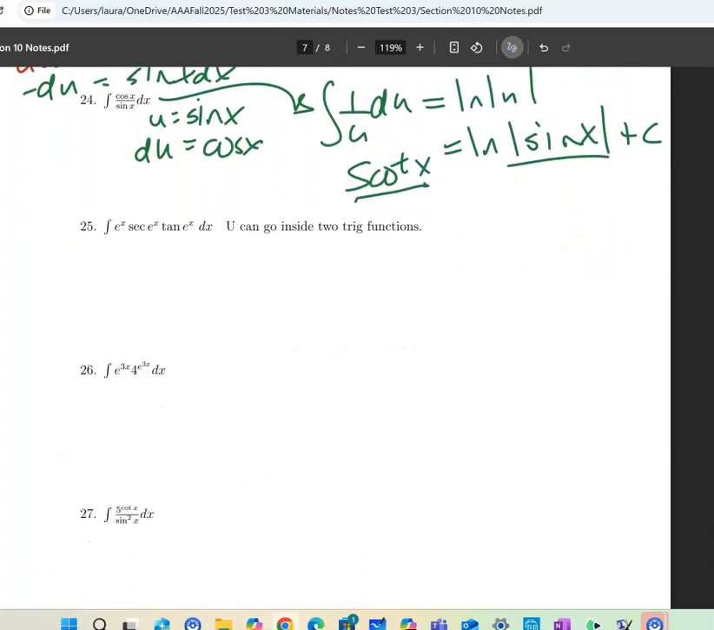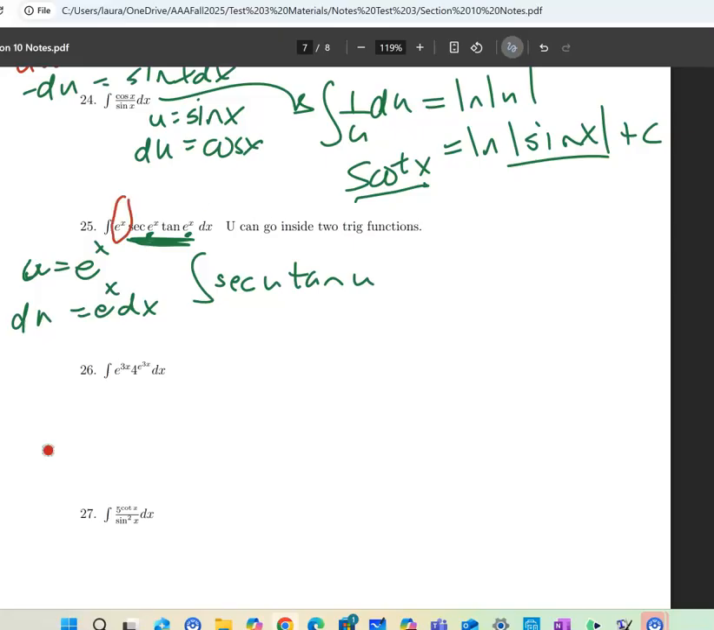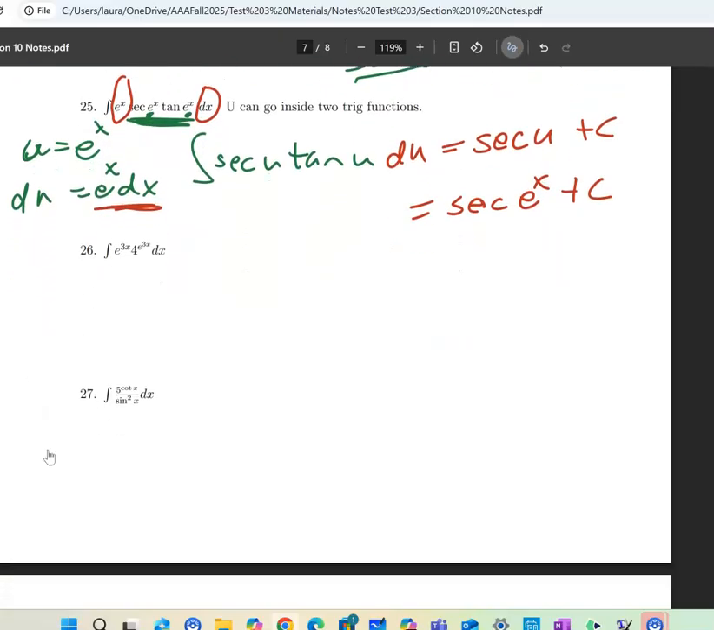All right, last few here. So I'm going to let u equal this e to the x. So the e to the x, that's inside both trig functions. And then du is e to the x dx. So this here turns into secant of u, tangent of u. And then this e to the x dx gets replaced with du. So what's the integral of secant tangent? Secant plus c, and then I put the x's back in, plus c. Okay, let me stop